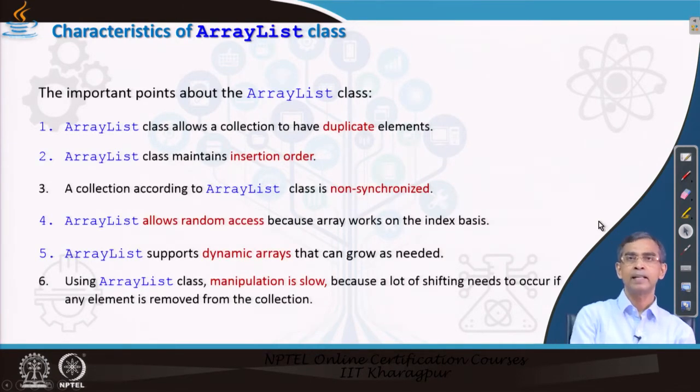Now, so far as the ArrayList class is concerned, it follows a few important characteristics. Like the concept of an array, it allows you to store duplicates, meaning the same element can be stored there. However, all elements are of homogeneous type, and it maintains insertion order. If you go on inserting one by one without mentioning an index, it will insert starting from the first, then the next and so on. It is non-synchronized, which means it cannot be used in a synchronized way for threaded programming. It also allows random access because it follows an index-based data structure.